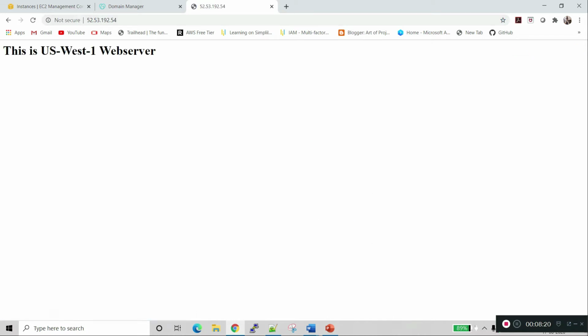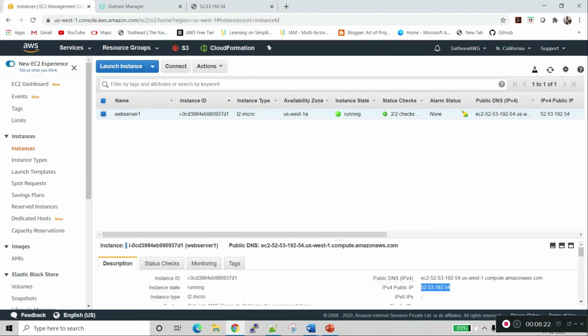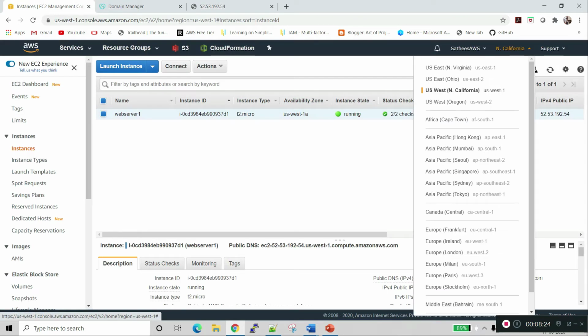So US West 1 web server 1 is running. Now we will go and check the US West 2 server.